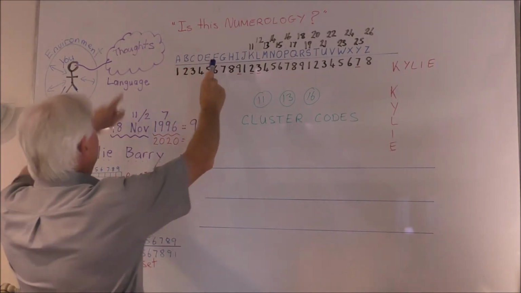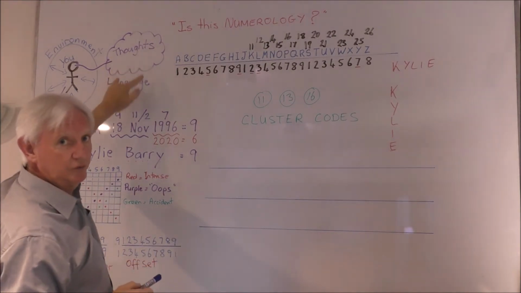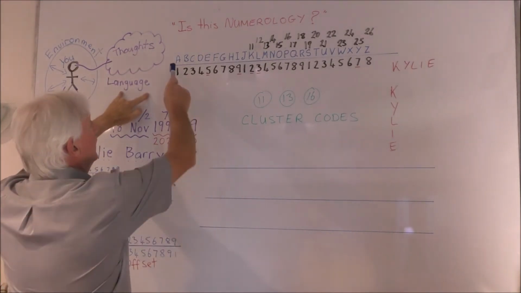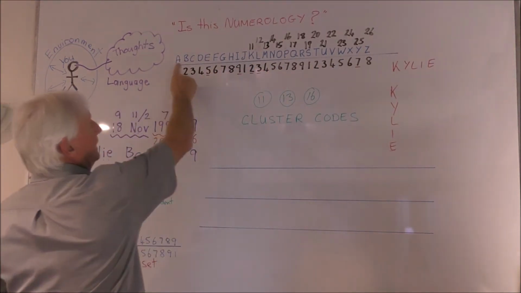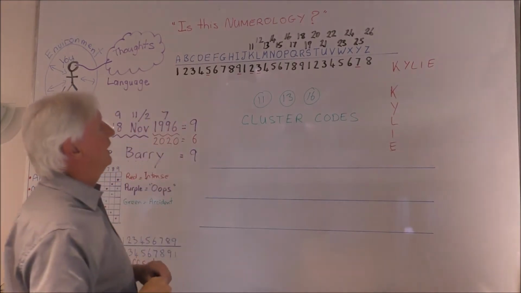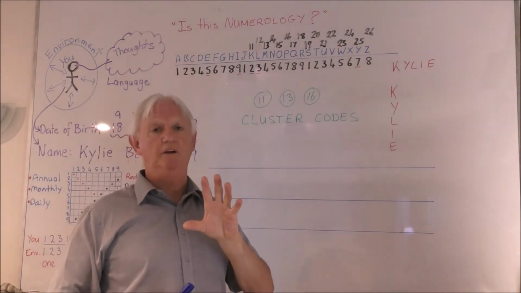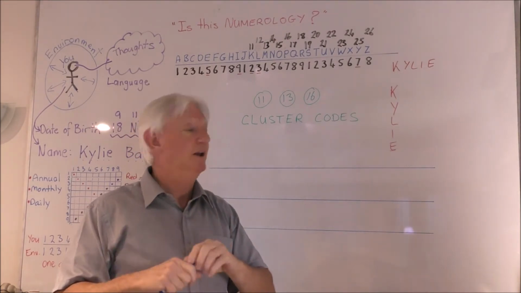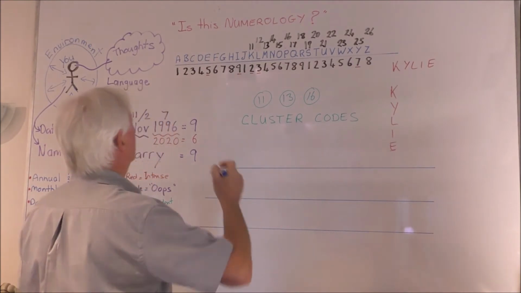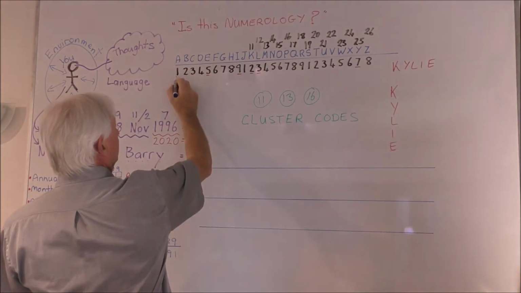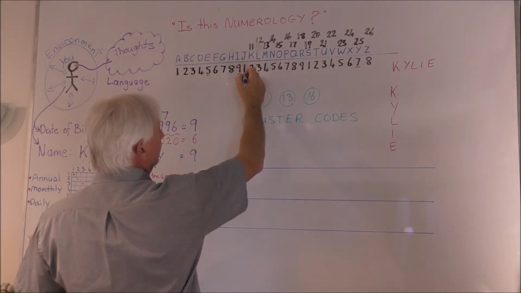We have an ability to think with our thoughts due to language. We can't have thoughts without language to describe them. So here's the formation, the building blocks of our language. It's made up of 26 letters in the English language, and each of the numbers under the letters represents what that letter means numerically. This is something that the Hebrews and ancient Greeks would use. So if A is the first letter of the alphabet, it's got number 1 under it. But J just happens to be the 10th letter of the alphabet.